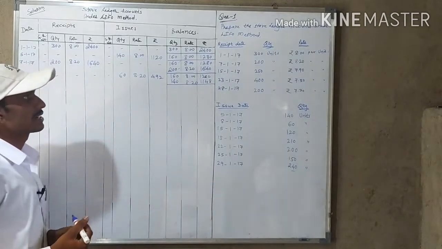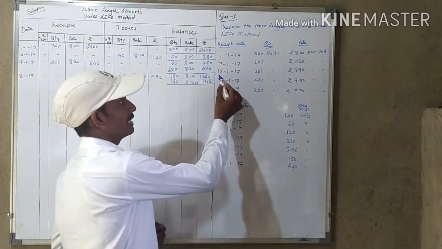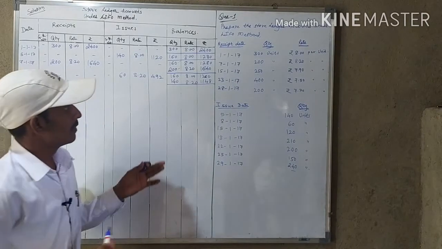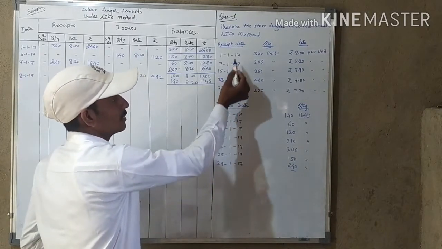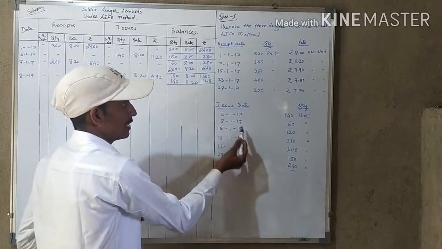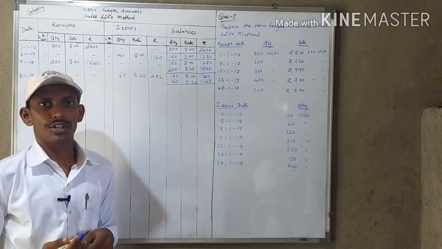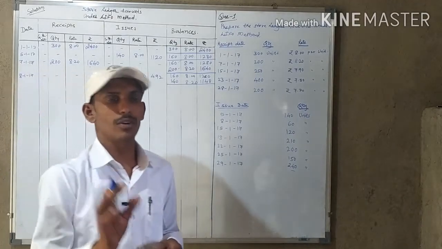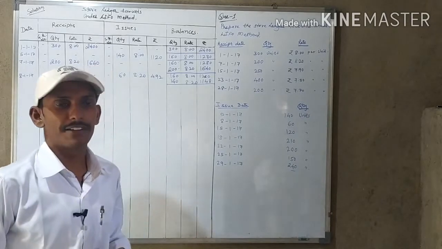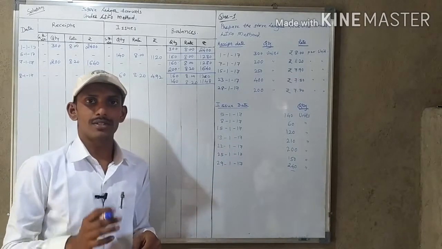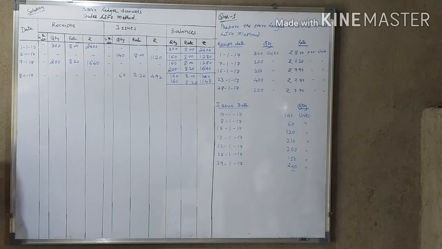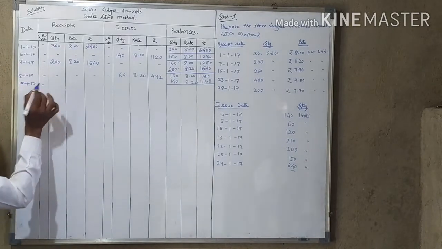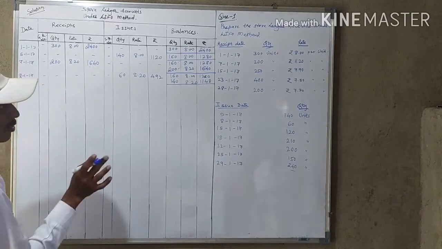The next transaction happened on 15th January 2017. Here the interesting part is that on the 15th a receipt has happened and again an issue has happened. As I told you in the previous problem also, first of all you have to write the receipt entry, after that you have to write the issue entry. So let us pass the entry. Here it is on 15/1/2017. The GR number is not given, so don't bother about it.